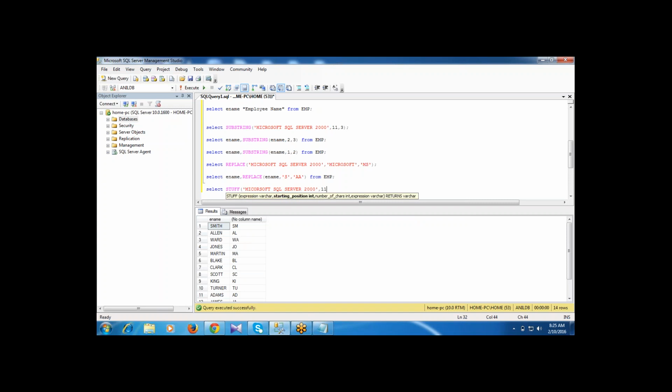I am giving the starting position. From the starting position, here I am selecting the number of characters. 3 characters I want to be replaced. Those 3 characters only I am replacing with SQL, small letters.